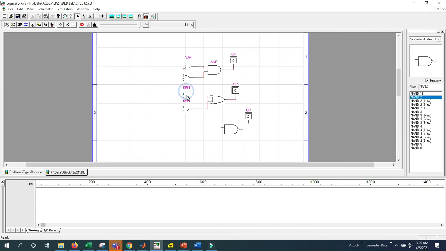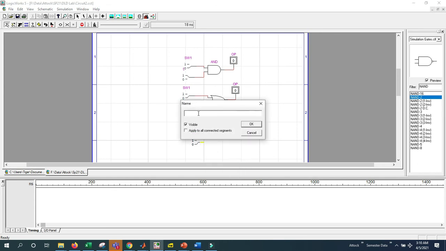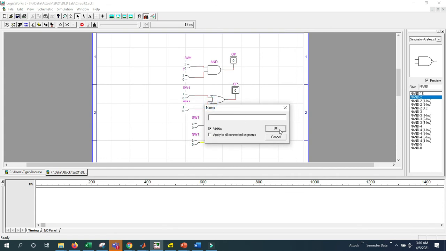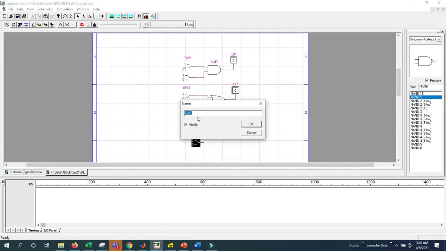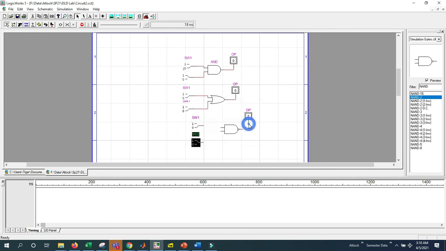Like the output, we also need copies of the switches, then paste it here and paste it here. On copy, we can change the name of our switch, so we can write it as SW2.